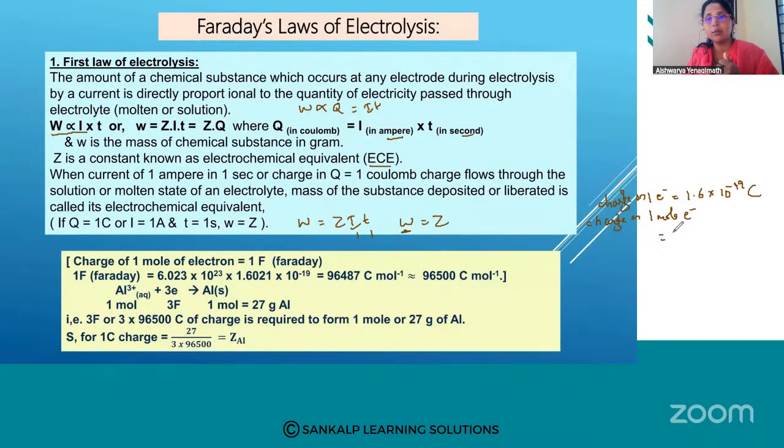1 mole is nothing but 6.022 into 10 raised to 23 into the charge of 1 electron, 1.6 into 10 raised to minus 19, or to be more specific, take it as 1.6021. Doesn't matter. You will get the answer